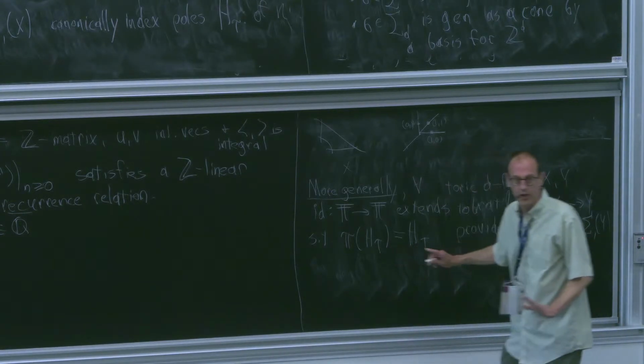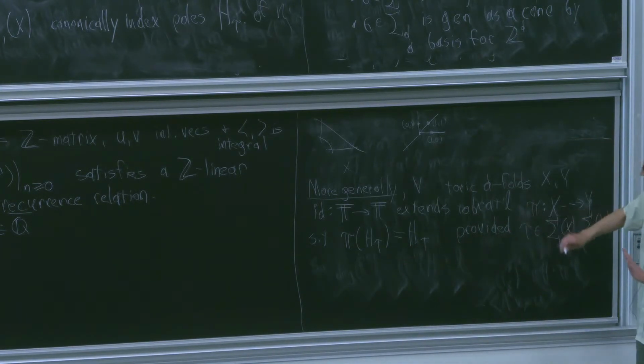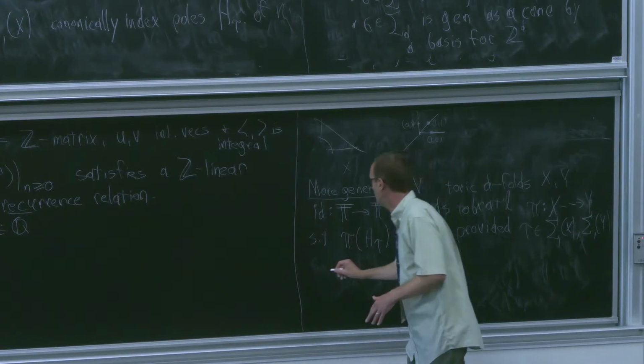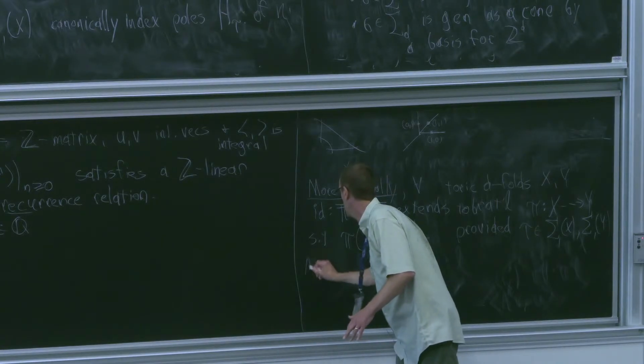So this gives you a nice way to just sort of compare things between various toric d-folds. And in particular, it gives you a nice way to compare divisors. So also,